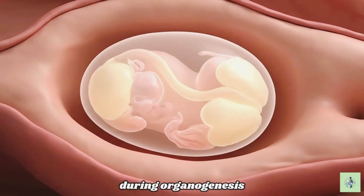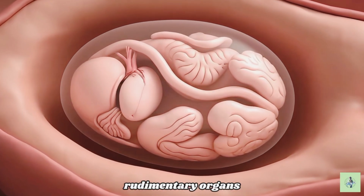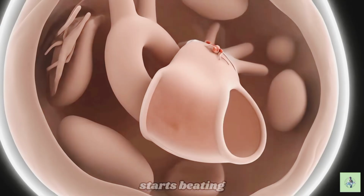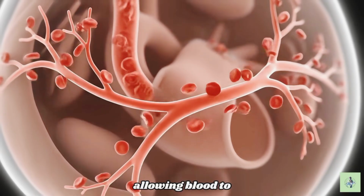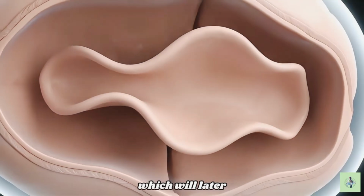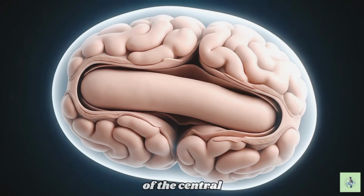body. During organogenesis, the embryo begins developing the first rudimentary organs, setting the foundation for the entire body. The embryonic heart starts beating and forming the first circulatory pathways, allowing blood to flow through the developing body. The neural tube forms, which will later develop into the brain and spinal cord, establishing the foundation of the central